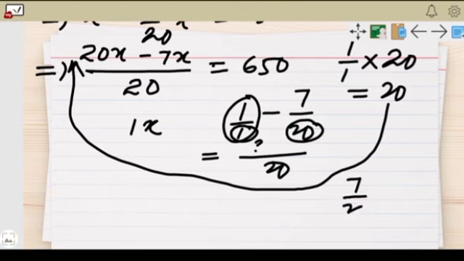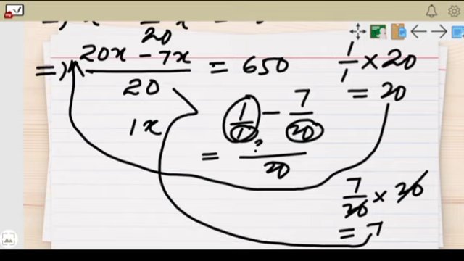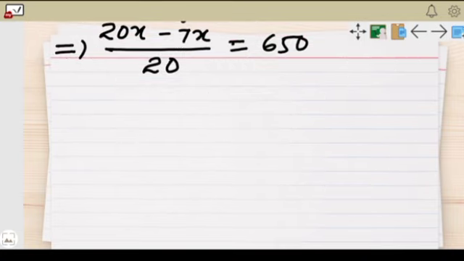7 by 20 into what is LCM? LCM is 20. So 20 we cancel, so that we have here 7. So this x I have shown here. Okay, I hope you are clear with the concept now. We'll move to the next step. Okay, implies now